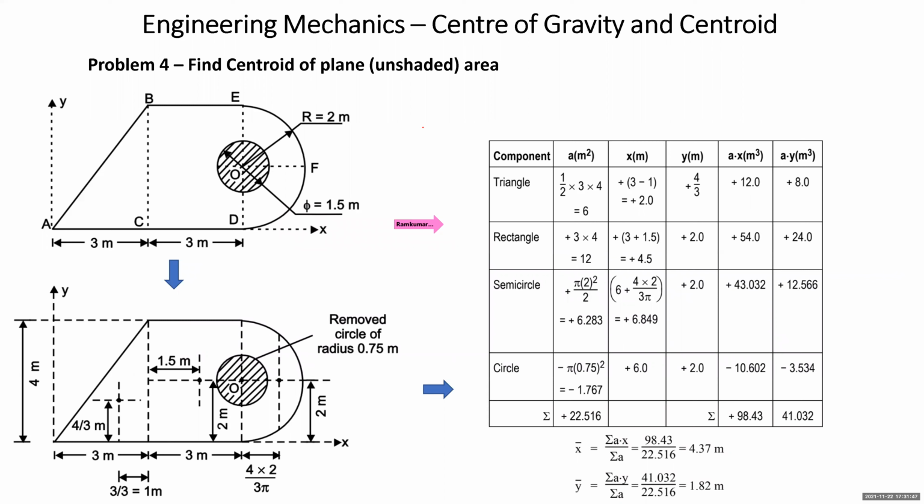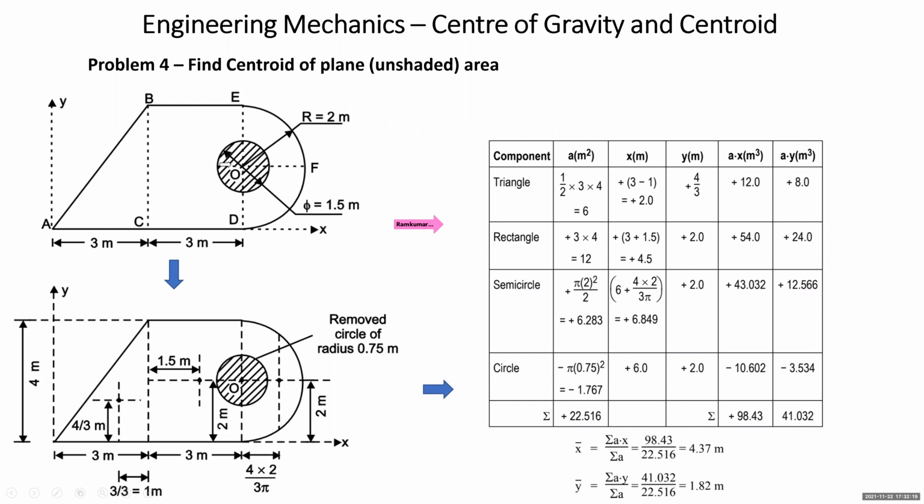Now, this is going to be my next problem. Here he is asking you to find the centroid of the plane area. He has said the plane area, and he says that this shaded area is the removed area. What is the shaded area? It is the removed part. That's what is given in the problem. You have to find the centroid of the plane area which you get after removing this shaded area. I have not written the question in full length. You can understand plane area means the unshaded area.